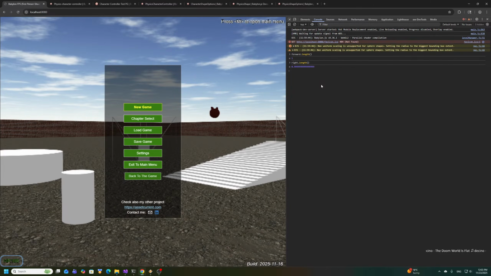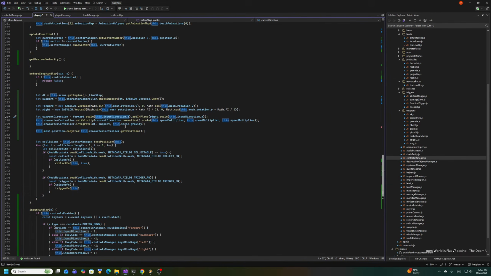Oh, relatively speaking. And scale is only the input direction. It just shows if we're going forward or backward, and scaling this, we're practically multiplying by 1 or by -1,